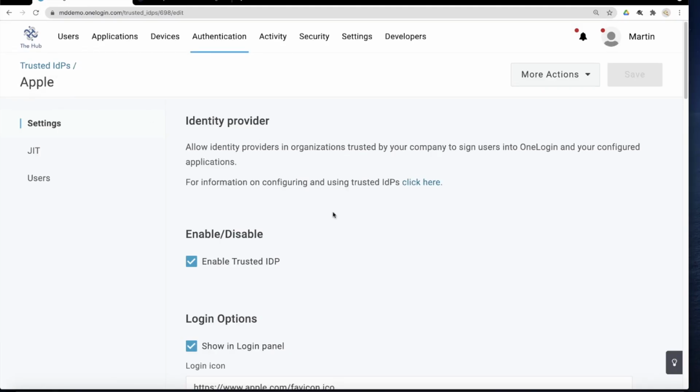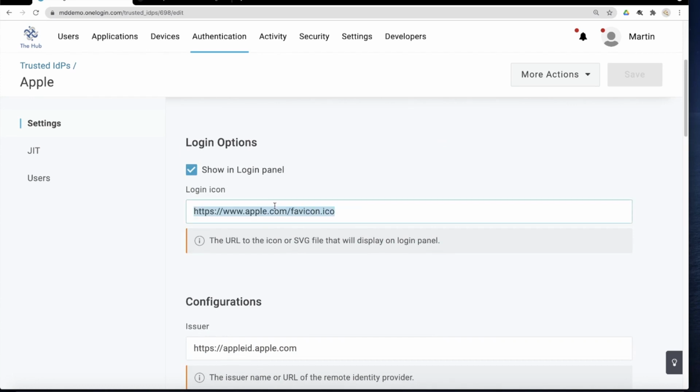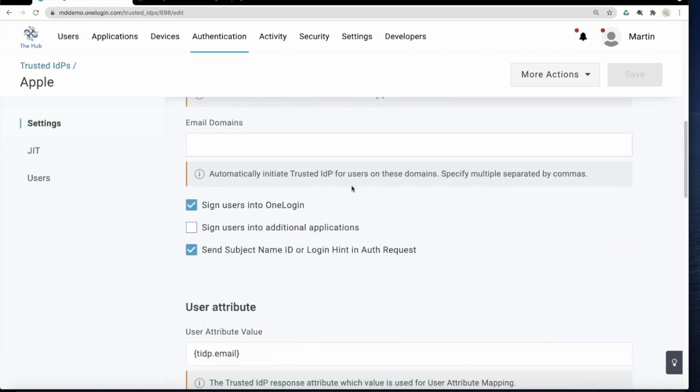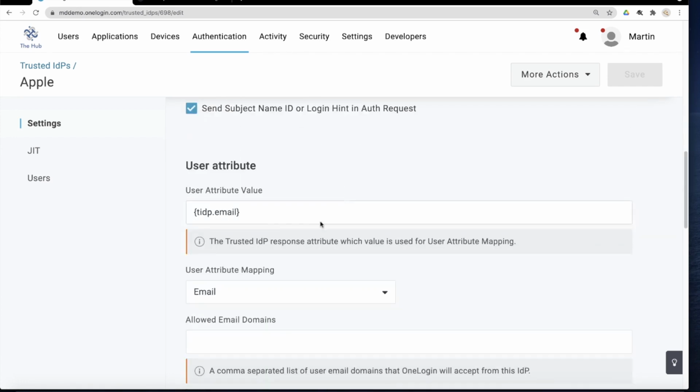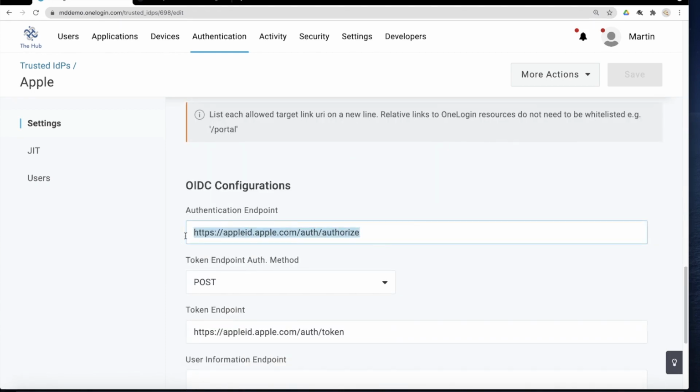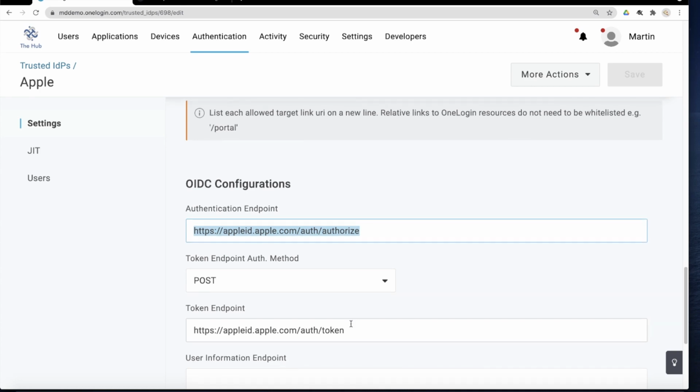Here's my Trusted IDP configuration. I'm representing Apple via a link on the login page. The issuer that is required, I'm going to sign users into OneLogin. I'm going to extract TIdP email, which would be the default anyway with OpenID Connect, and I'm going to try and match to email. Further down here we can see the authentication endpoint that is used for communicating with the